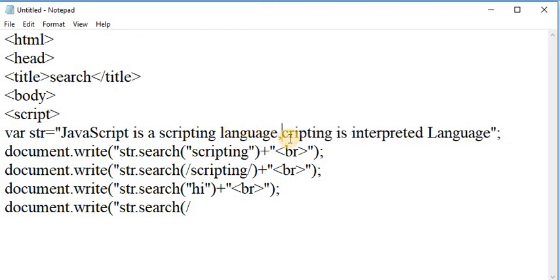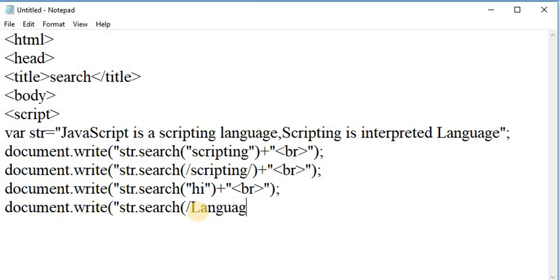Here S is case insensitive. Suppose here I am taking language in a pattern or regular expression, and take I as a modifier. Here take a break tag.